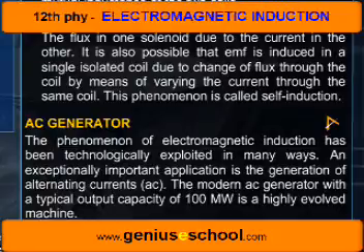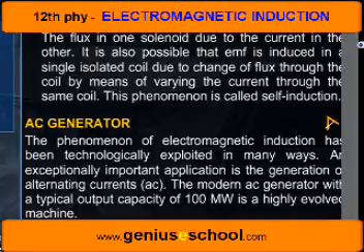AC generator. The phenomenon of electromagnetic induction has been technologically exploited in many ways. An exceptionally important application is the generation of alternating currents, AC. The modern AC generator with a typical output capacity of 100 megawatt is a